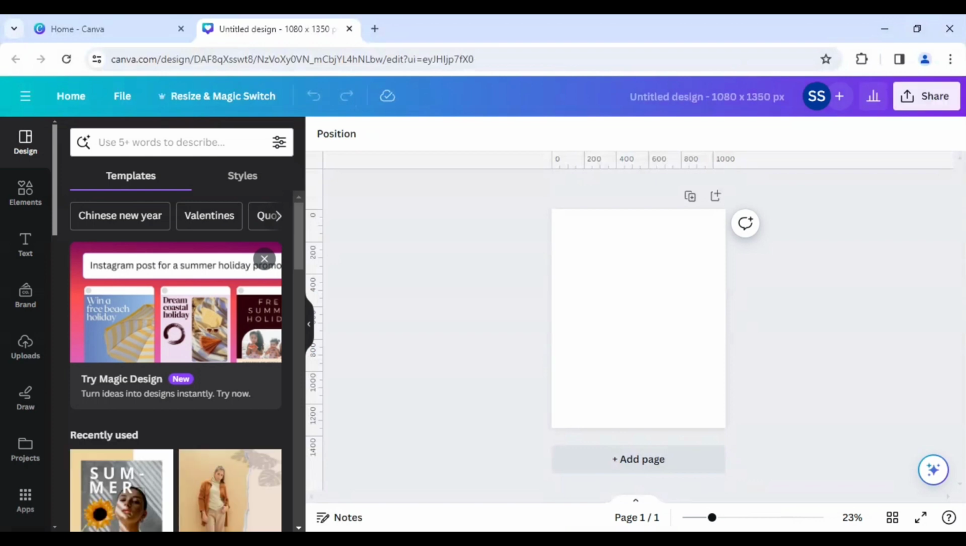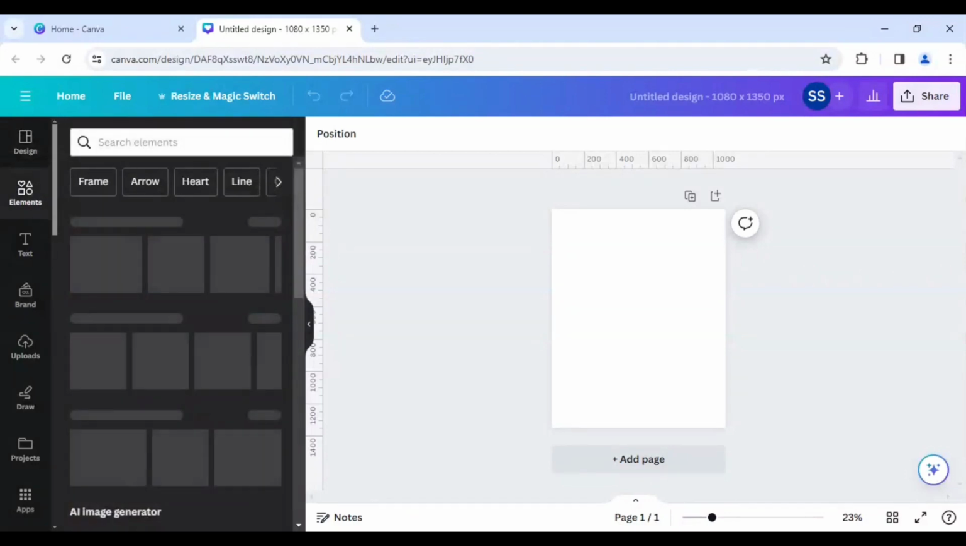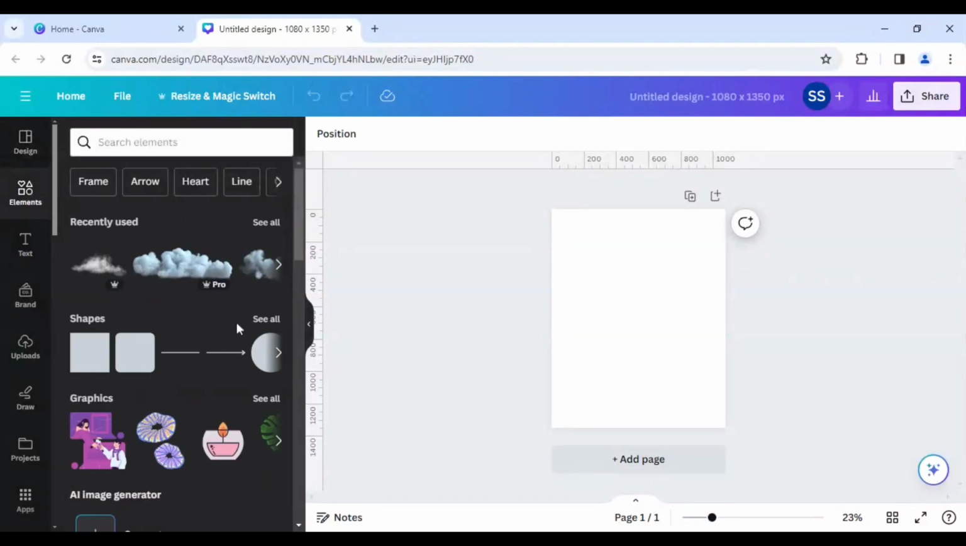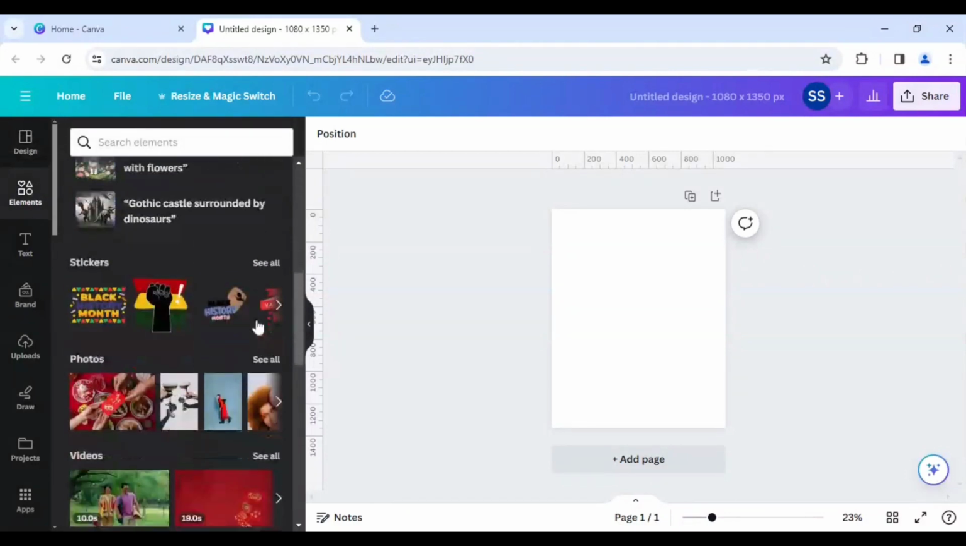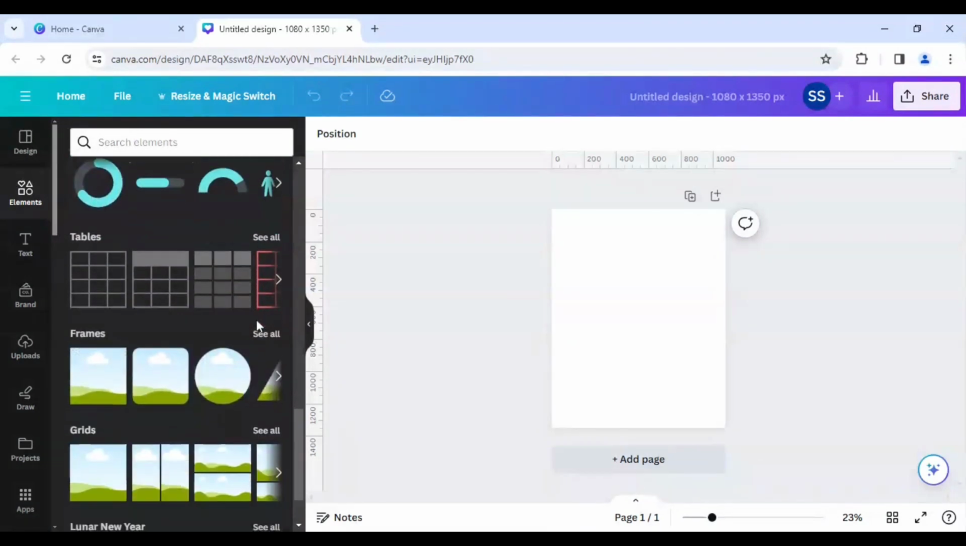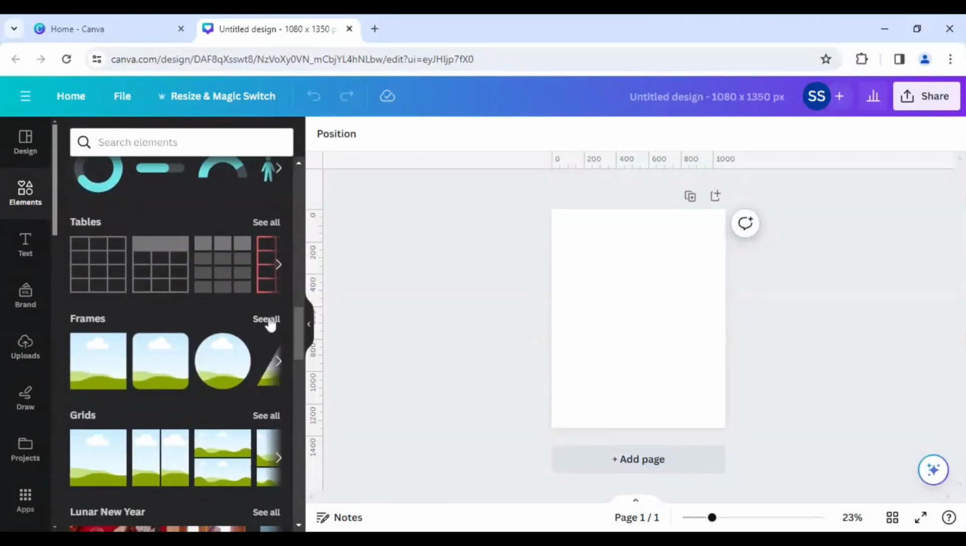Okay, so all the things which I'll be using are all available in Canva, and you don't need to upload or use any type of third-party image or website to design this. So let's start with it. So I'll click on elements here. Okay, just scroll down till we find frames. Okay, click on see all